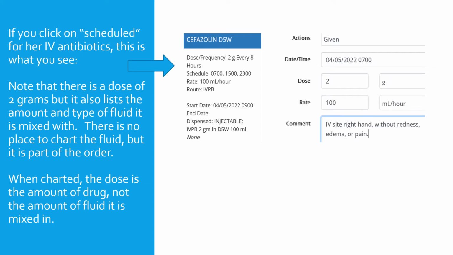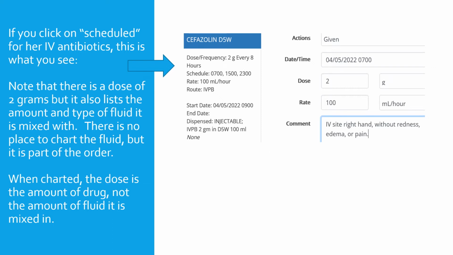Now, note that there is a dose of 2 grams. There is also the type of fluid it is mixed with, but there is no place to chart the fluid. It's part of the order. There's no place to put it in the MAR. Where the type and the amount, well, not the type, but the amount of fluid goes is in the intake and output chart. So when I chart this, I say I gave it, the date and time